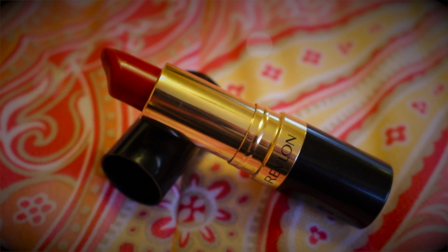And my last three products under $10 from the drugstore that are my absolute faves are lipsticks, and so I'm going to go ahead and start with this Revlon one. This is in 28 Cherry Blossom, and it just comes in their classic black tube, and I'm wearing this one on my lips kind of over some pink lipstick right now, so it's not true to color, but it's a really great red color, more on the pink side though,